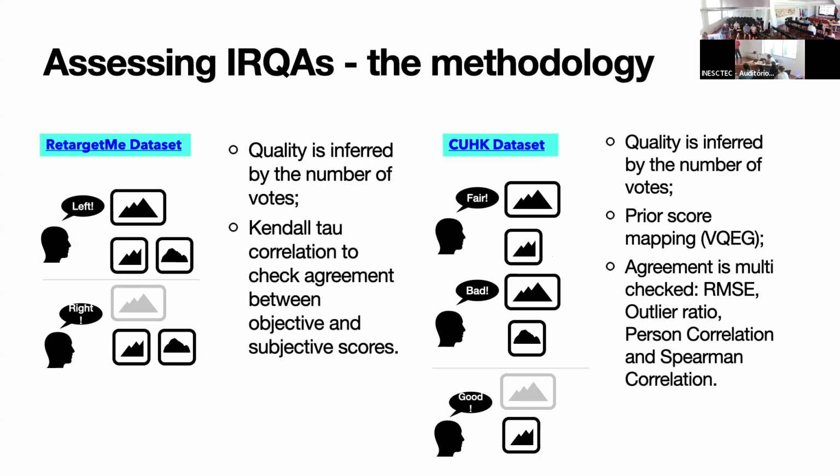Those RMSE and outlier rate, when they are closer to 0, it's good for your metric. While the correlations you want to